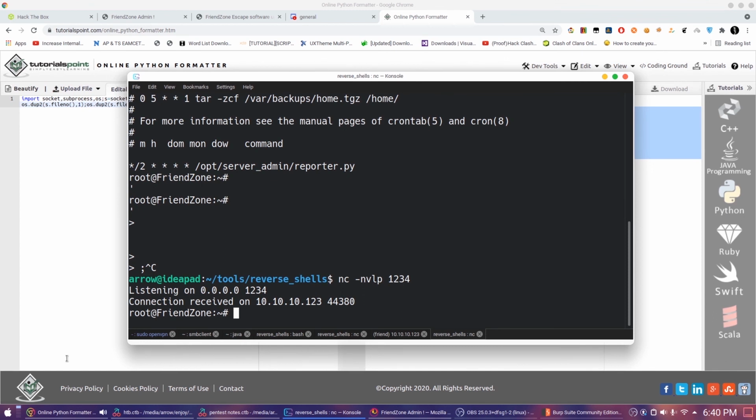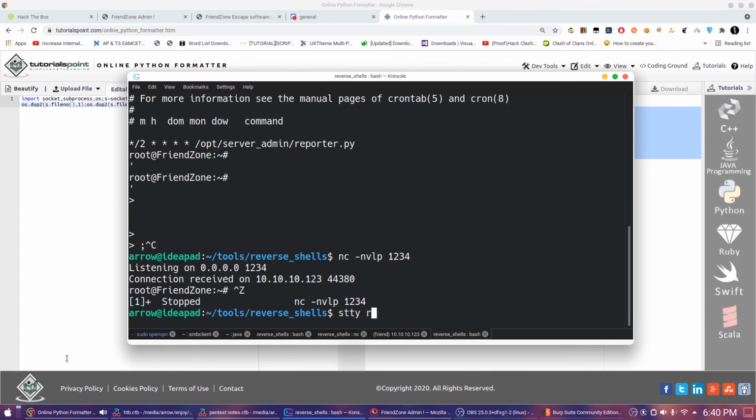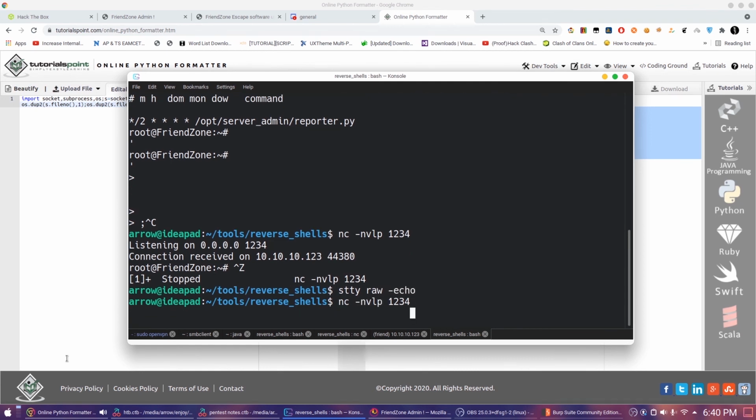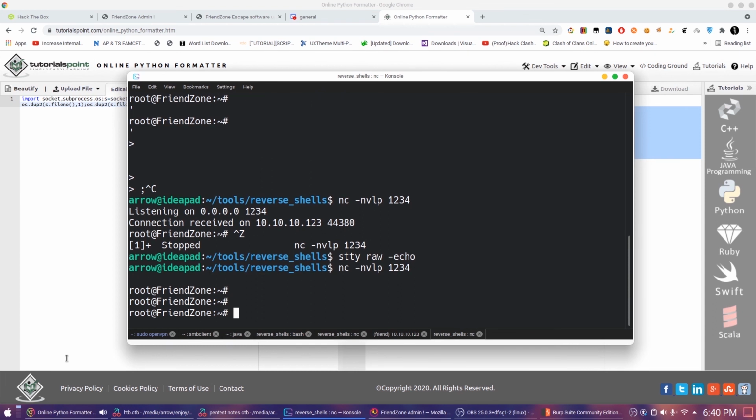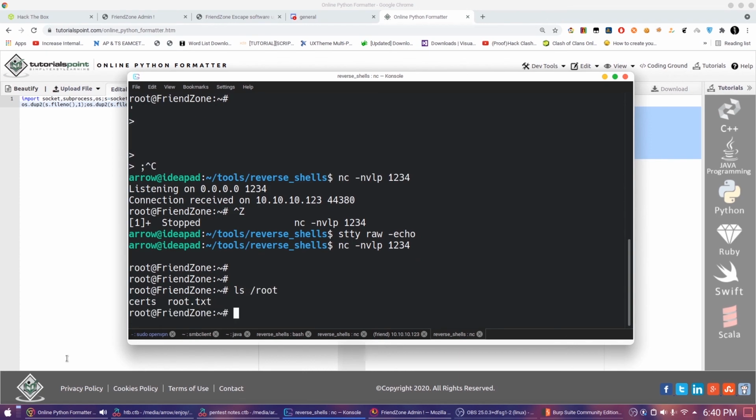Now what we are going to do is, we got the root shell, let's say ls root. So we got the